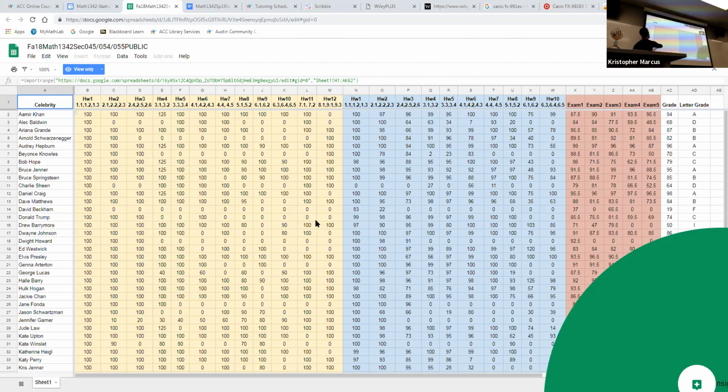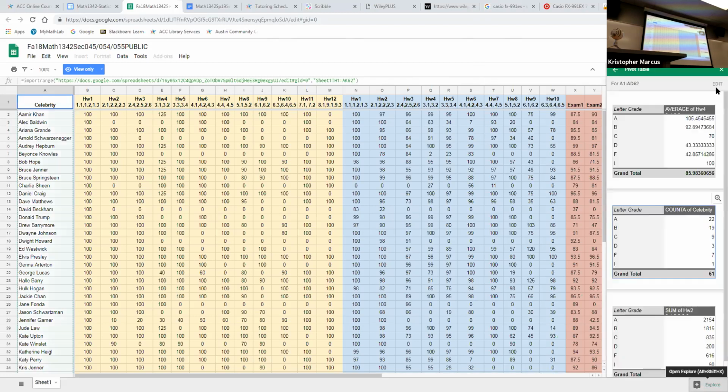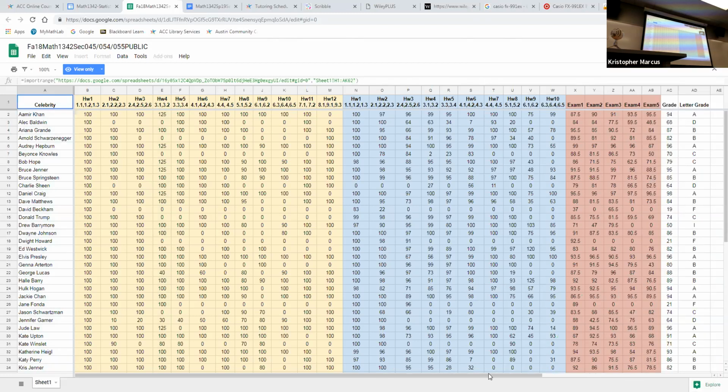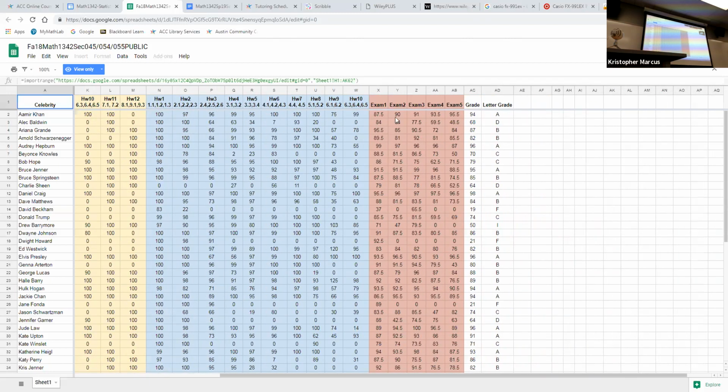The grades are going to appear like this. These orange colored ones here represent homework problems from the textbook, the handwritten problems from last semester. So the first homework assignment even last semester had sections 1.1, 1.2, and 1.3. The blue columns we won't have. Those were for online homework from last semester. So you won't have any of the blue ones. And then at the very, very end, you can see these pink columns, kind of red columns, for exams. And then at the very end of the semester, the overall grade in the class was rounded up and the letter grade was provided for that person.